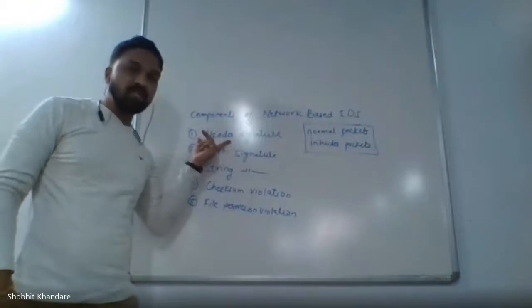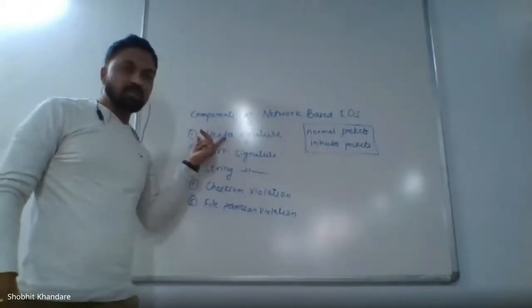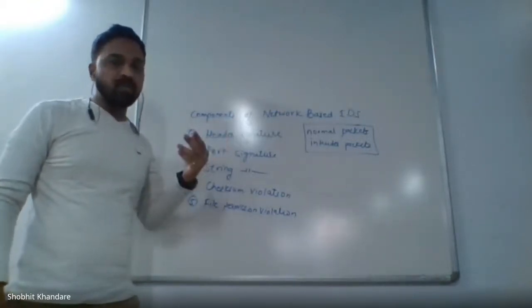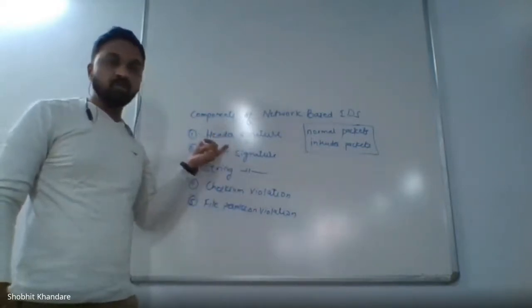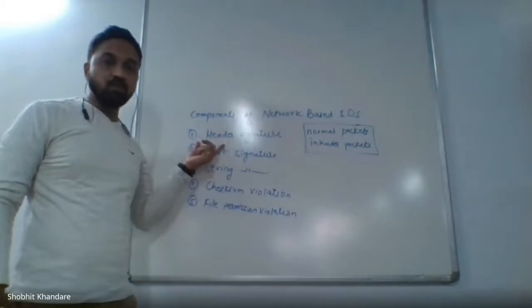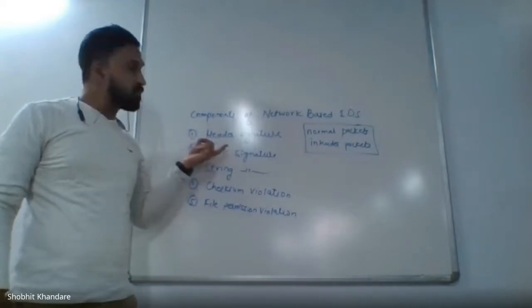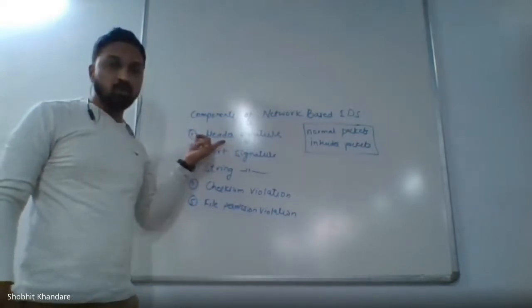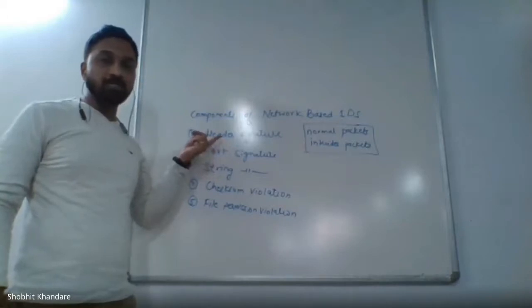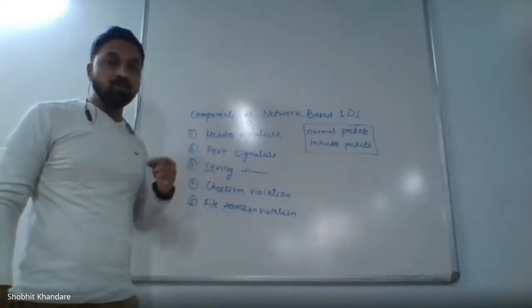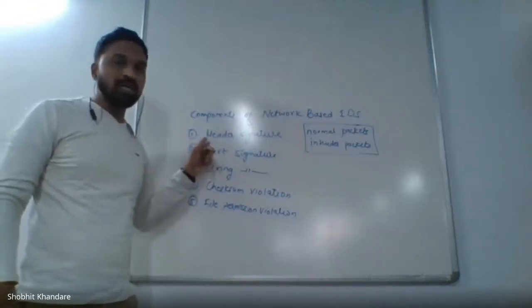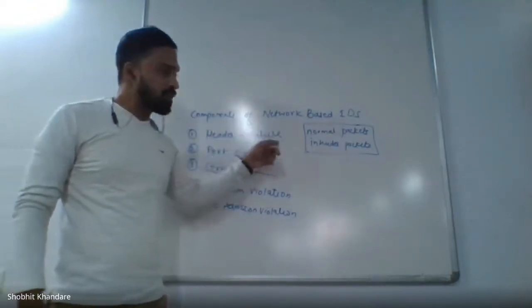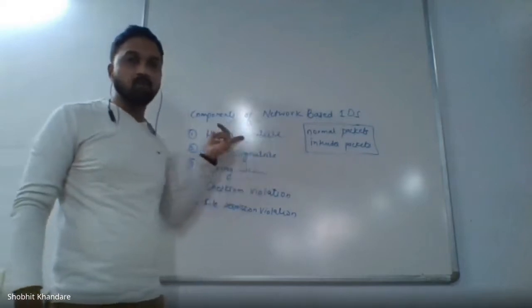This header signature is nothing but you have a header. If you are writing down any file, you have a header and you have a footer. The person who is sending that message will give its own header signature, so that you will be able to understand this is a particular message with so and so person's ID. So you can distinguish which is a normal packet or which is an intruder packet if you know who is the sender.